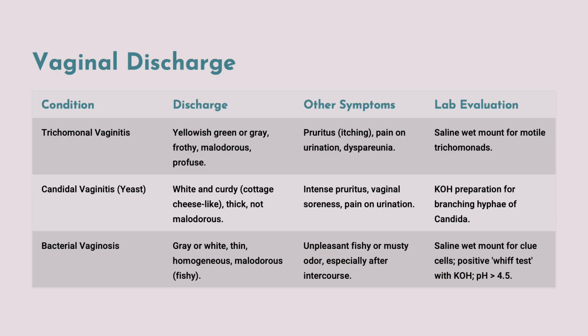So with trichomonal vaginitis, you see motile trichomonas, but with bacterial vaginosis, you see clue cells. Clue cells are epithelial cells which are covered by bacteria. You could also have a positive whiff test. When you apply potassium hydroxide, it's going to have a characteristic ammoniacal odor, so it's called a positive whiff test. Also, the pH of the vaginal discharge is going to be abnormal. Instead of the usual acidic, it's going to be slightly more alkaline.